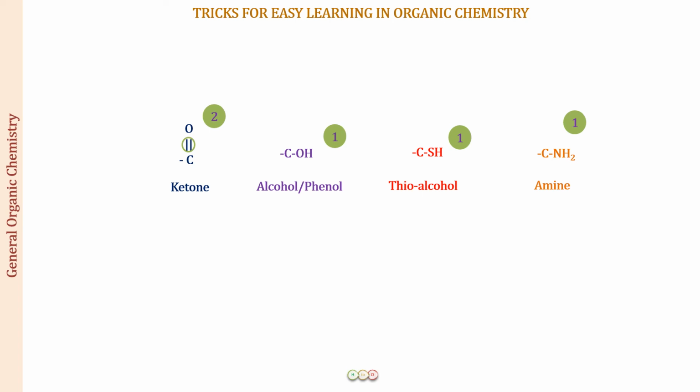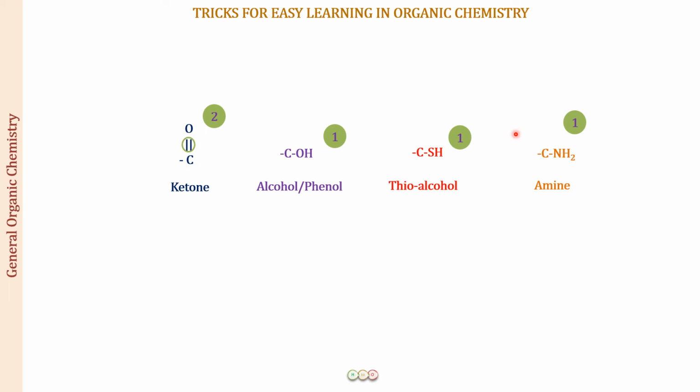Now how do we ascertain the priority of these three? The first way is that you just remember that among alcohol and amine, which is going to be higher in priority? Again, the carbon with the oxygen and the carbon with the nitrogen, and oxygen is higher in priority than nitrogen. So the alcohols will be higher in priority than the amines, right? The same rule that we have just now remembered. It is just a trick, alright? So these are not the actual rules for the priority order.